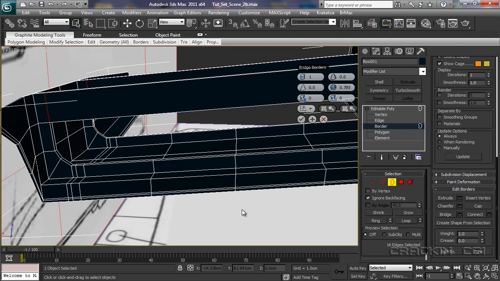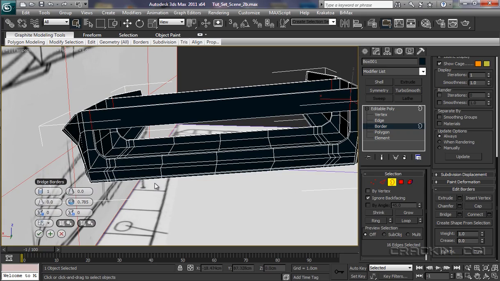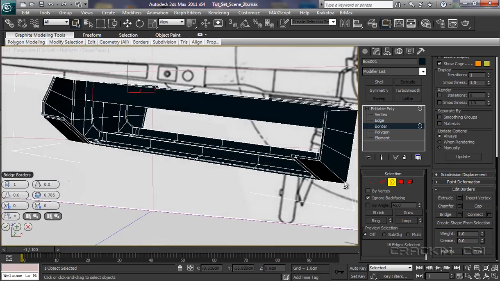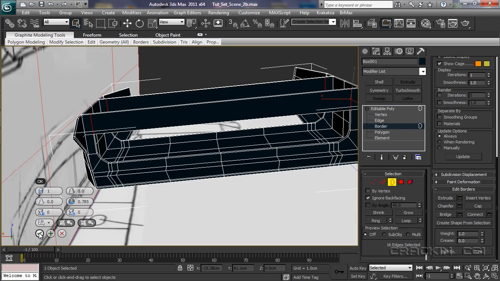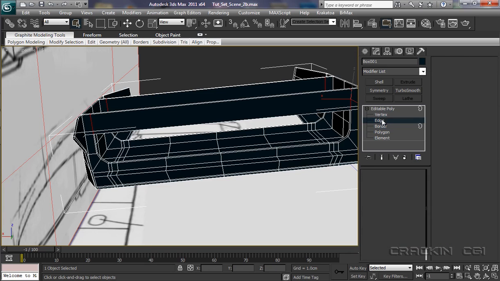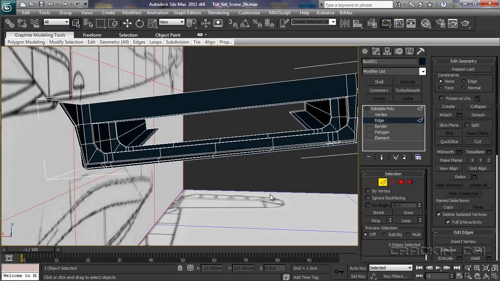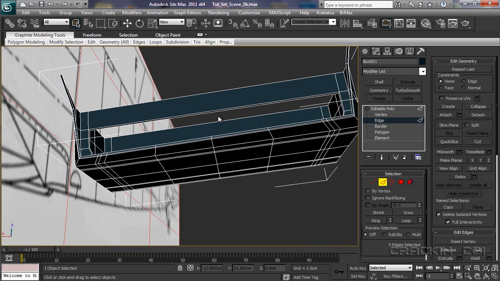Let's have a quick look. Move this out the way. That looks to have bridged. Yep, lovely. Okay, let's see. Fine for that. Now let's go into Edge, deselect, turn off ignore back facing. I just want to position this so that I can see this without any interference from the background. So let's select that one